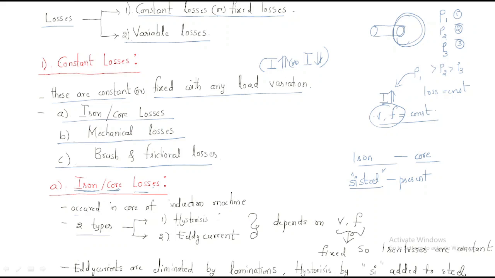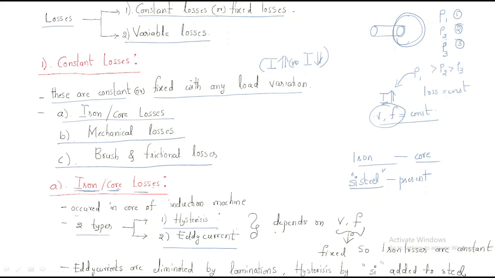Generally, there are two types, the same as in the transformer. The first loss is the hysteresis loss. The second loss is the eddy current loss. You know the hysteresis loss and eddy current loss. What is the hysteresis loss? This is due to the BH curve. The change in the magnetic field doesn't produce the same change in the dipoles. That's why we get the loss. Next, eddy current loss. Due to the conductive property of the core, some eddy currents are induced. Due to those eddy currents, some power is lost. That's why it is eddy current loss.